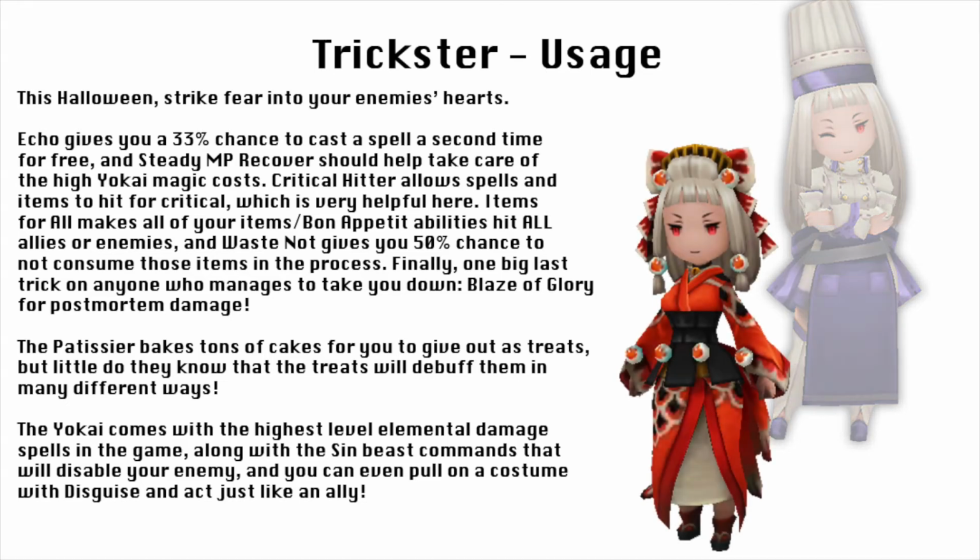What else can the Trickster do? Well, I'm glad you asked. With the Yokai spells, you can quickly destroy your enemies through the most powerful elemental spells in the game, or use the Sin abilities to your heart's content to really mess with them, like Sloth and Glutton and all those good things. And as a special bonus, you can even put on a costume and disguise yourself as one of your allies, using Disguise. Maybe a Dark Knight to surprise your enemies by doing more damage as they keep hitting you, or a Black Mage to pretend to be a witch and...